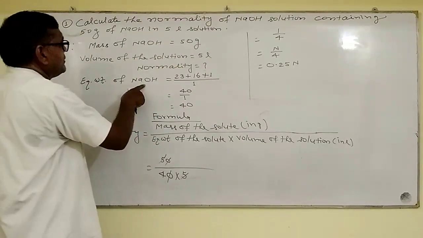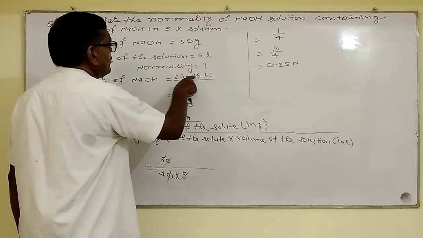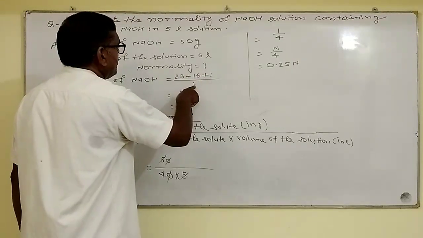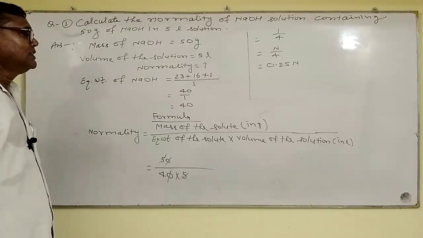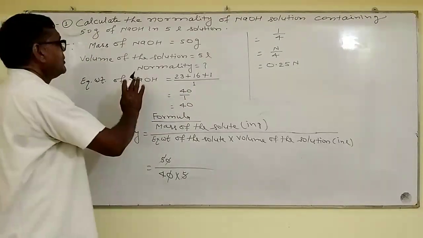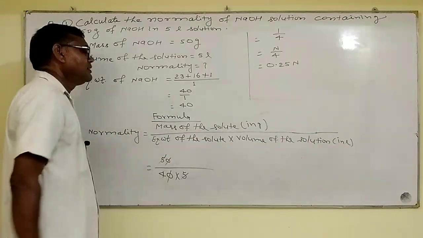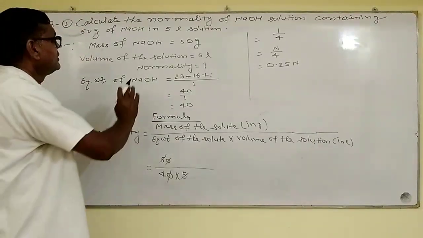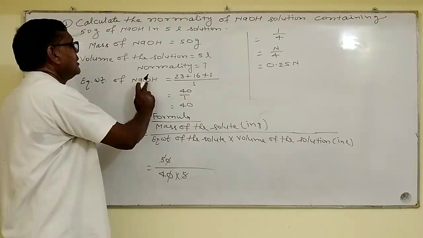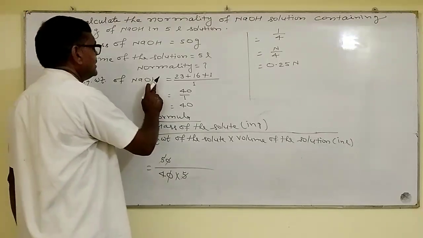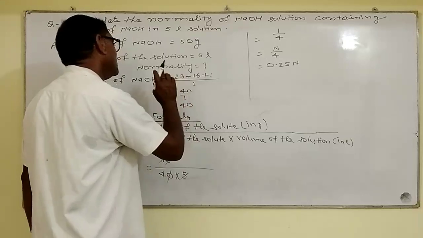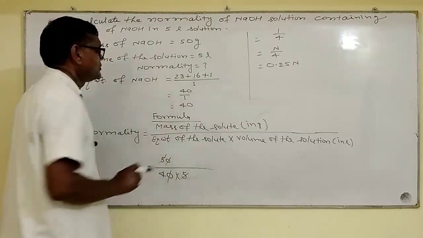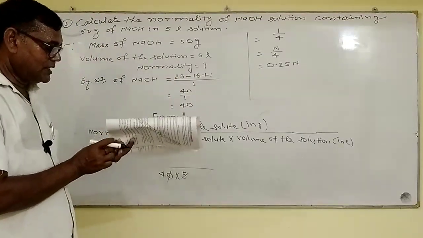Equivalent weight of NaOH is equal to molar mass of NaOH upon acidity. What is acidity? Acidity is number of OH in the base. Here one OH present, therefore acidity of NaOH is 1. Here we write 1. Next question is